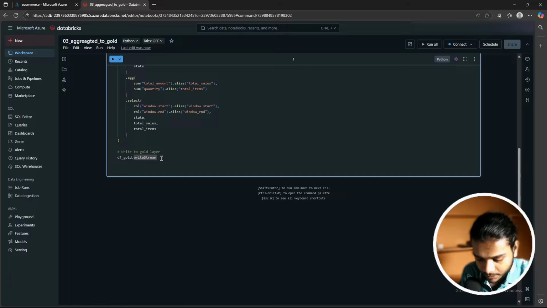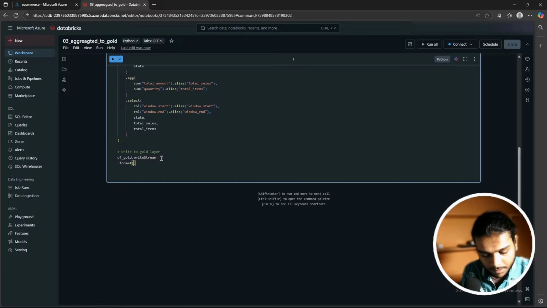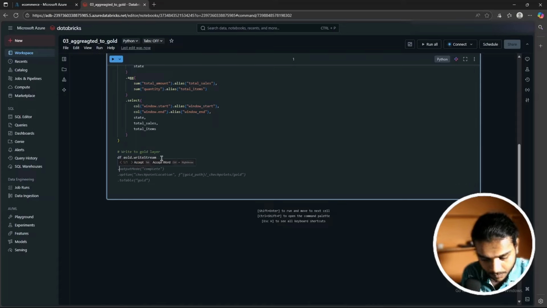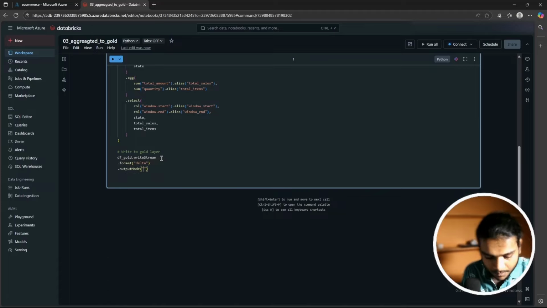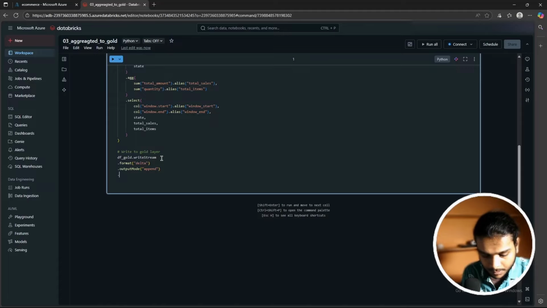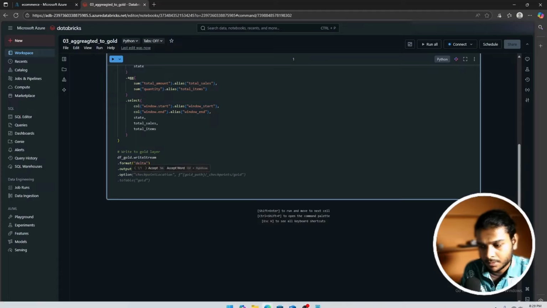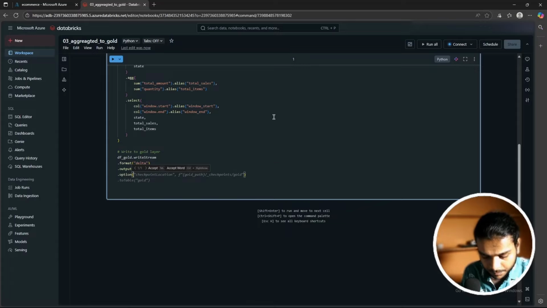So we do df gold dot write stream, and format. The format should be delta, and output mode append, and option, of course. Option should be checkpoint location,